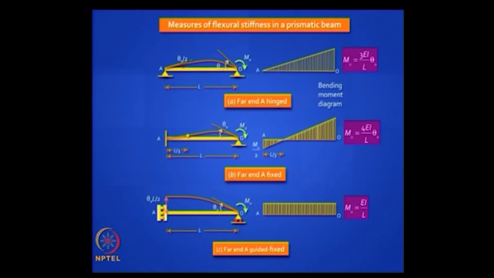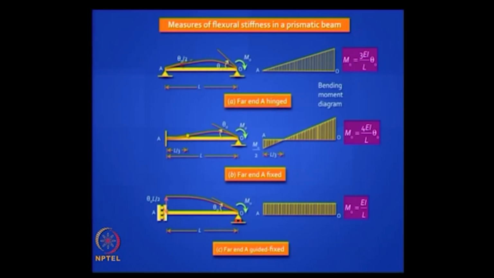you will find that deflected shape, what does it remind you of? It looks like a cantilever, right? It looks like a cantilever, and for a cantilever the bending moment diagram will be constant when you subject it to an end moment, so it is M naught all the way, and you can prove that the rotation is EI by L. Of the three beams shown in this slide, the last one is the least stiff, it is easiest